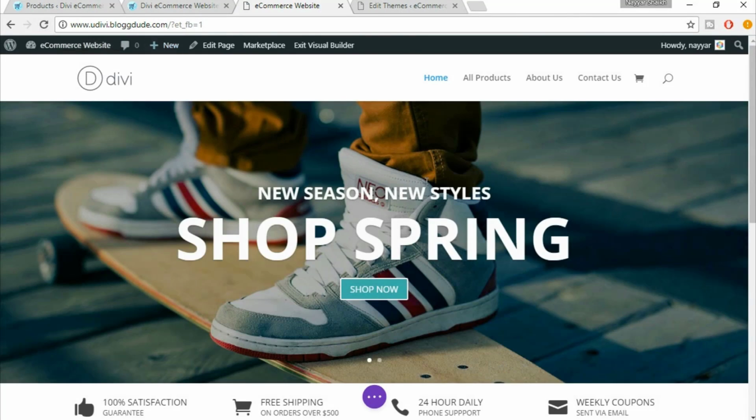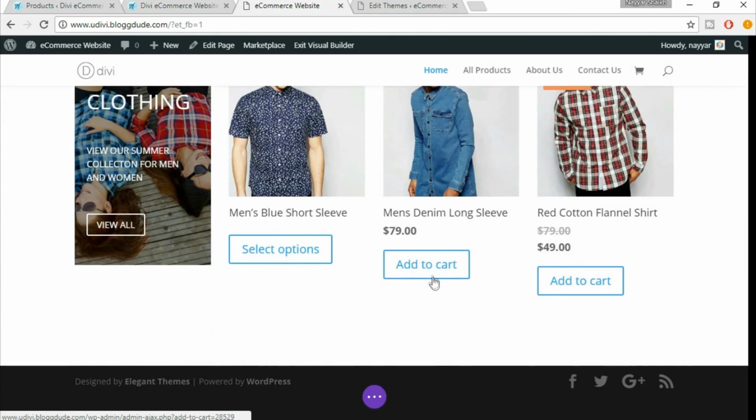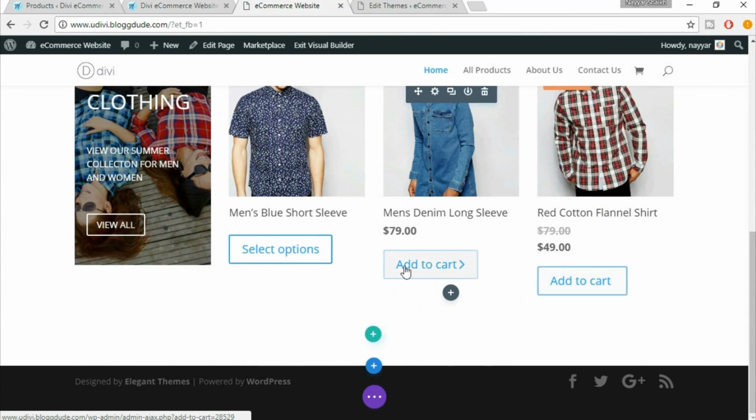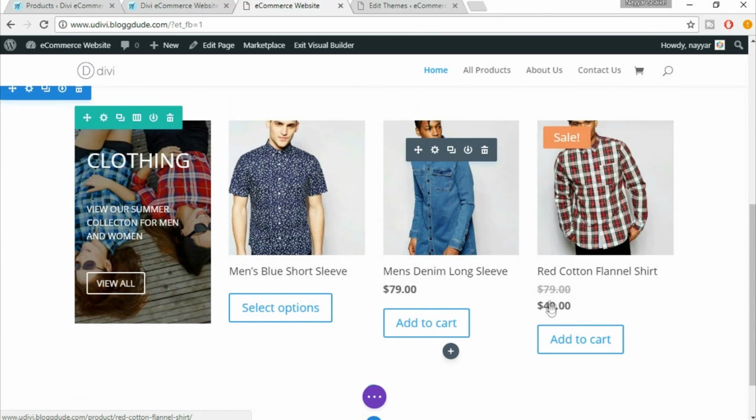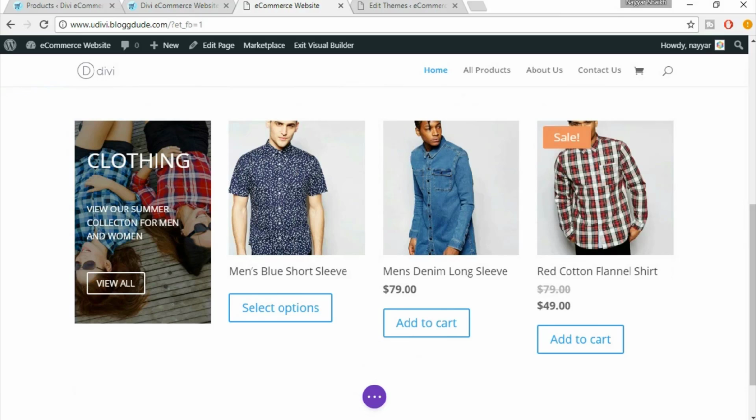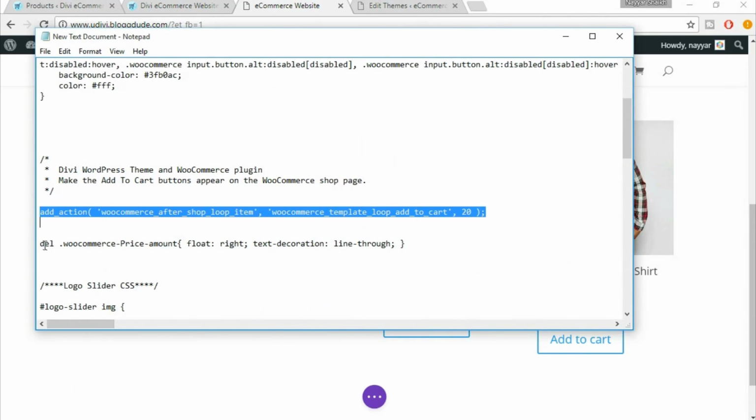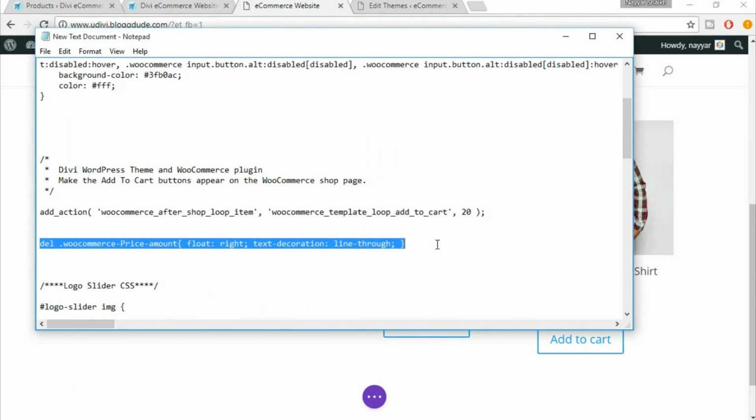Now scroll down and as you can see, we have the add to cart button over here. Now we have to change the price tag setting. For that also I have given a code. If you see that file, this one, this is the code for that. So copy this,